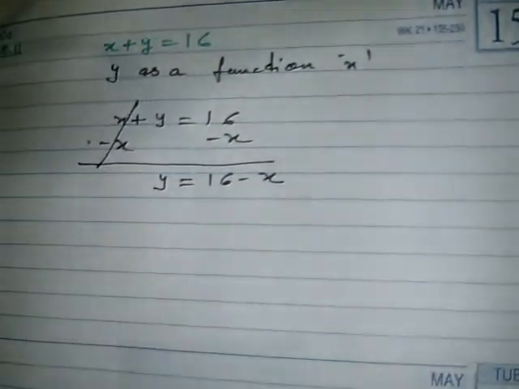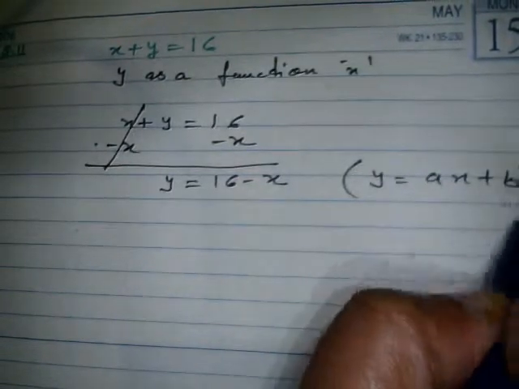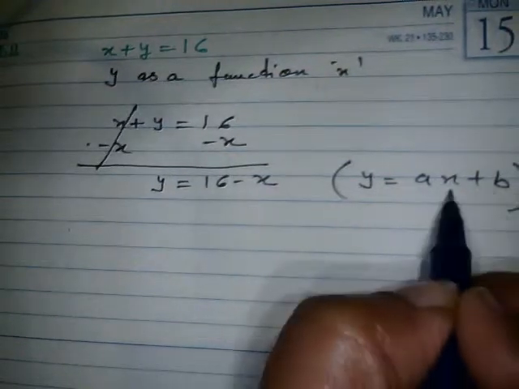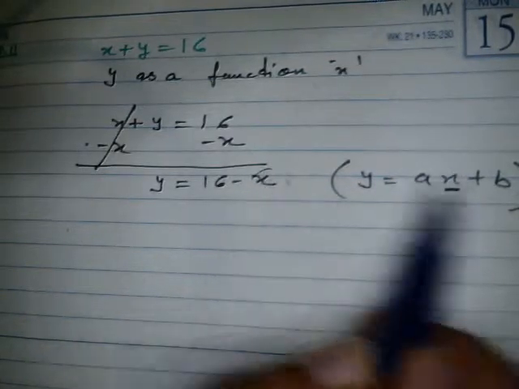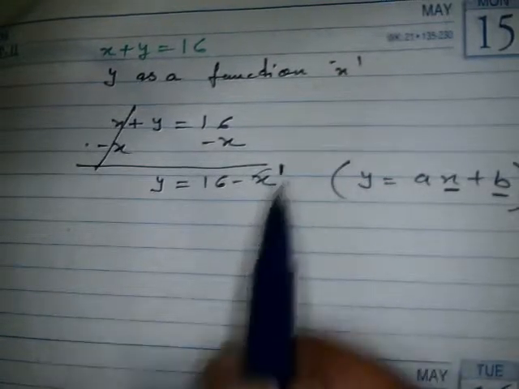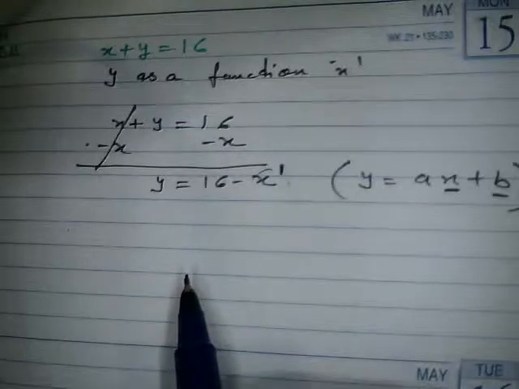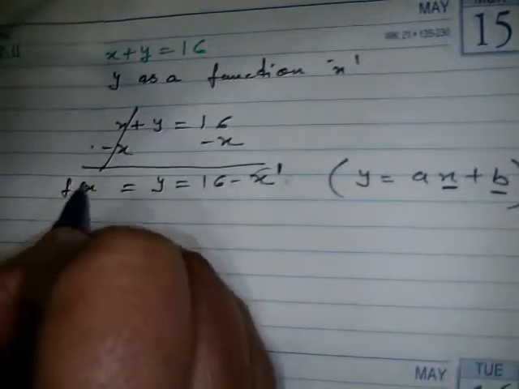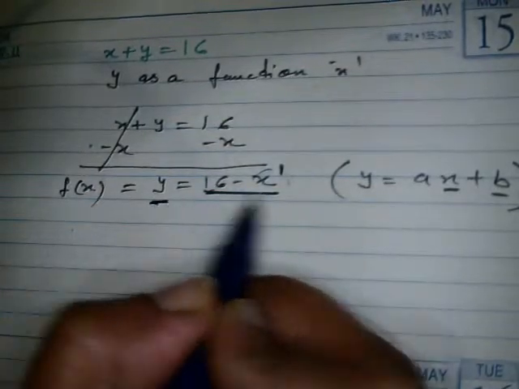What is the linear function? y equals ax plus b. This is y in terms of x, because on the right side it is written in terms of the variable x. Over here this is the ax term, and this is b, the constant. So this is a linear function. Here the highest degree of the variable is 1. If a polynomial contains degree 1, it is called a linear function. Here y is going to be a function of x, because the whole right side is represented in terms of x, and y is represented in terms of x. So it becomes y as a function of x.